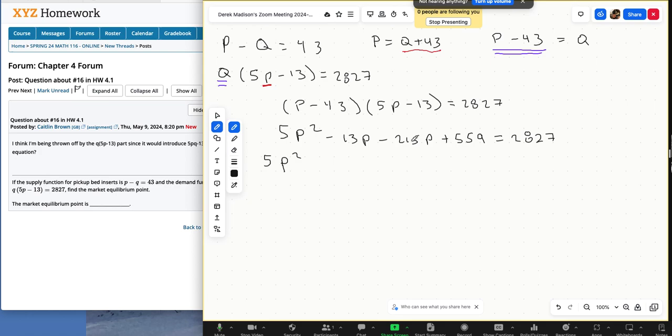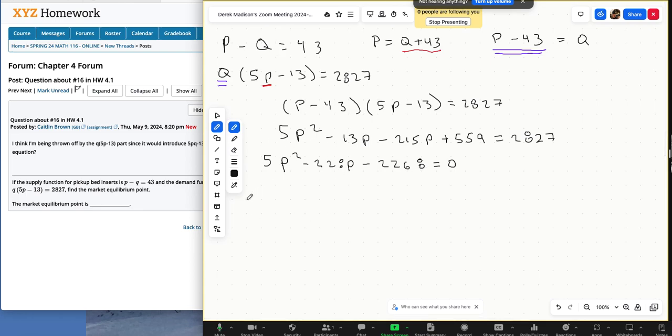So 13 and that, so they're both negative, so I'm getting farther into the hole, so that'd be minus 228P. And then I'm going to subtract this over, so 559 minus 2827, and that makes a negative 2268 over here, assuming I mashed all the buttons right on the calculator. So that's our quadratic. I would personally pass on trying to factor that, and I would just sort it in